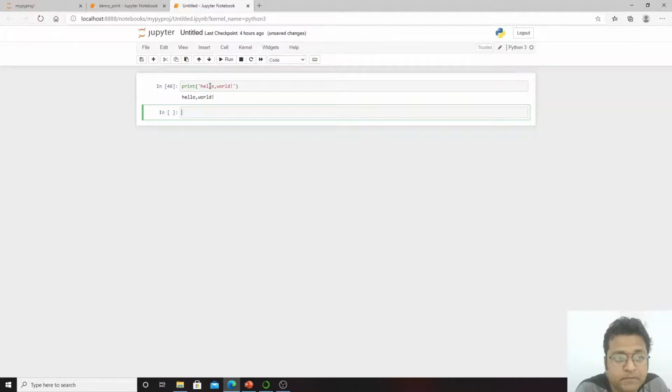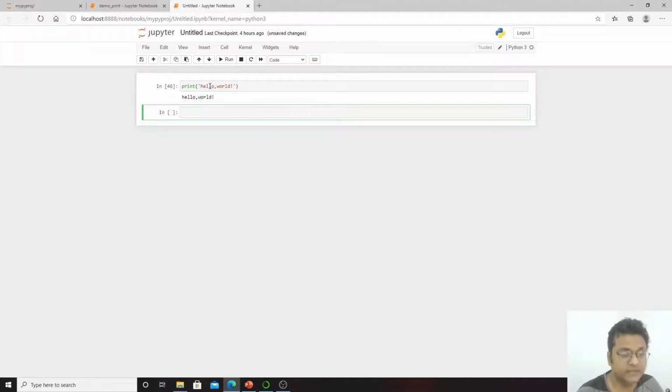You give an input like hello world as a string and it produces the output hello world on the monitor. If you want to use some other arguments, or you want to format your output, you can also do that.